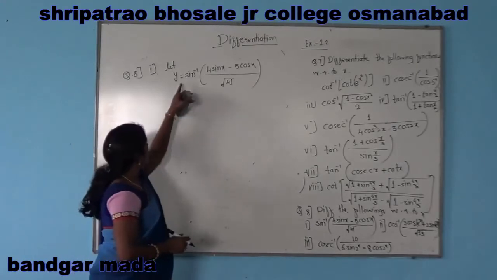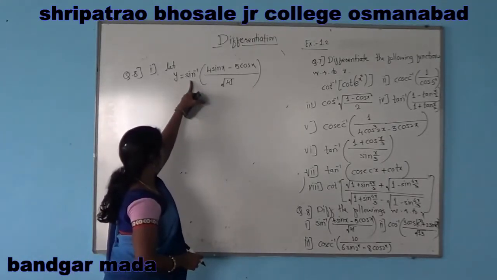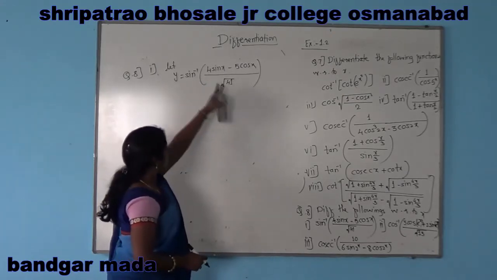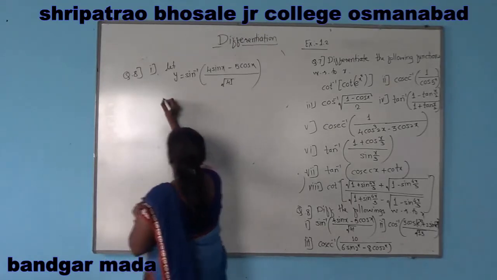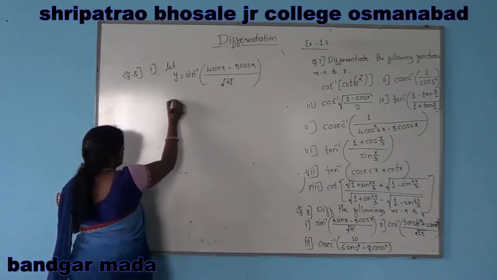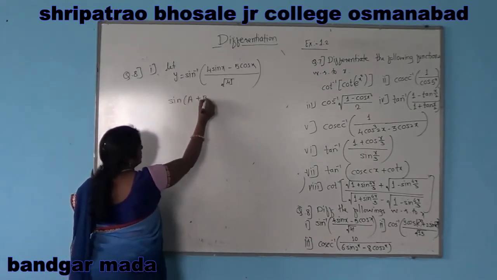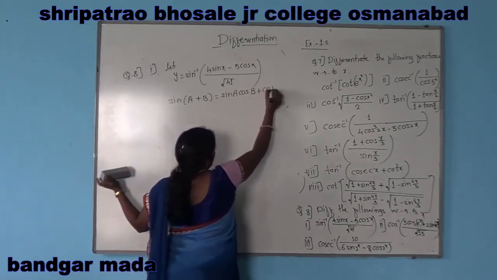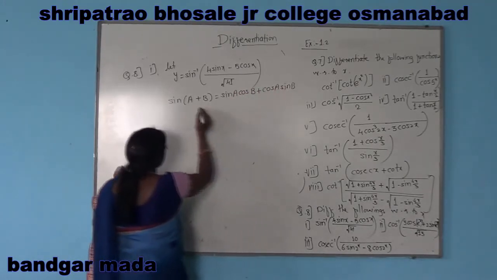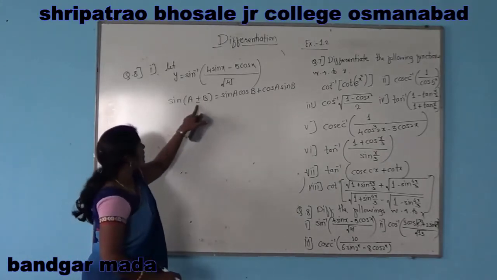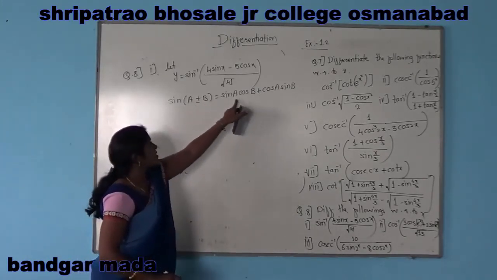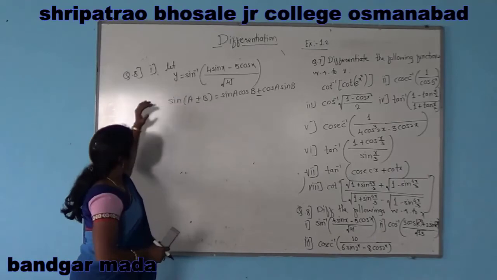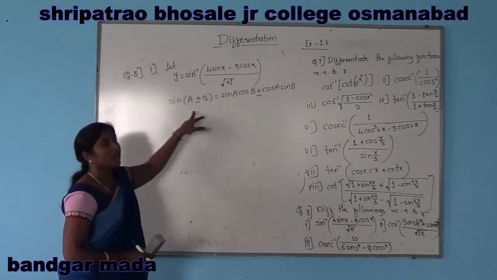Now for this given y, we have to simplify this bracket where there is sin inverse, and in the bracket we have to find the sin form. And we know the form of sin of (a plus b) is equal to sin a cos b plus cos a sin b. If there is a minus sign, sin of (a minus b) is equal to sin a cos b minus cos a sin b. To solve this example, we have to use the formula of sin of (a minus b).